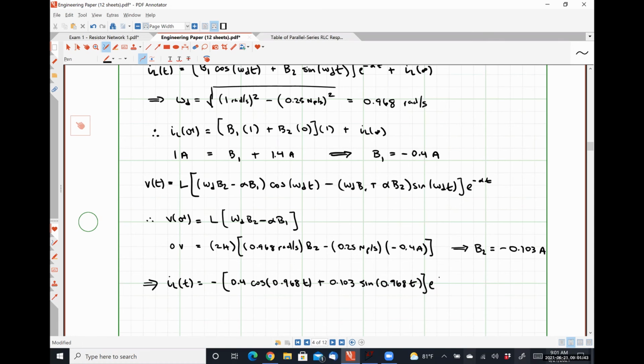Close this guy, e to the negative alpha, so negative 0.25 t